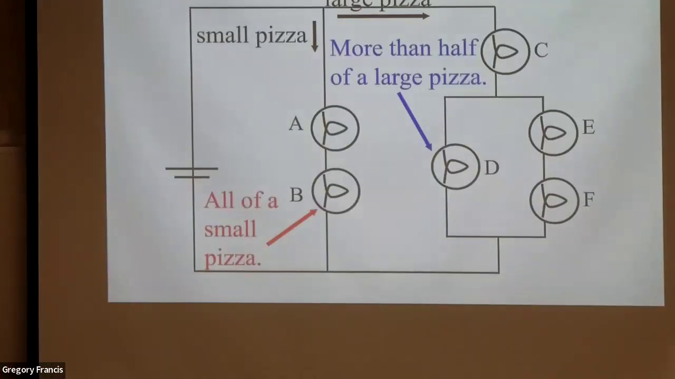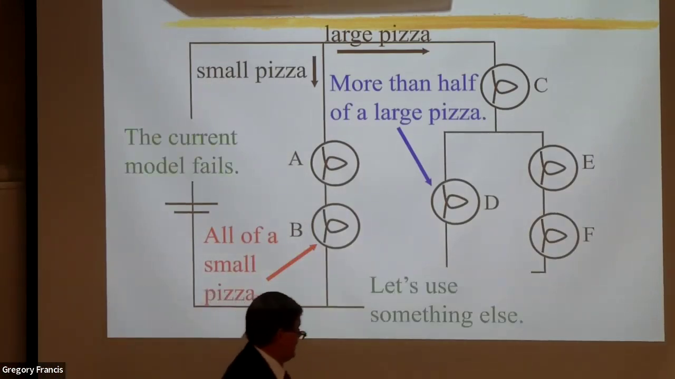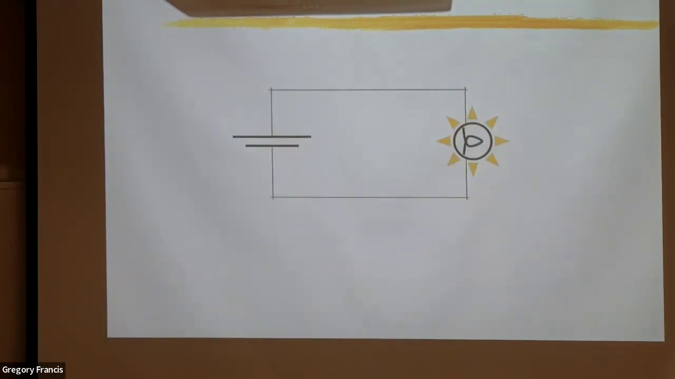So, we found a lot of pizza problems where our current model fails. Let's try something else. Let's try voltage. Now, you remember, when we say voltage, we mean voltage difference from some point A to